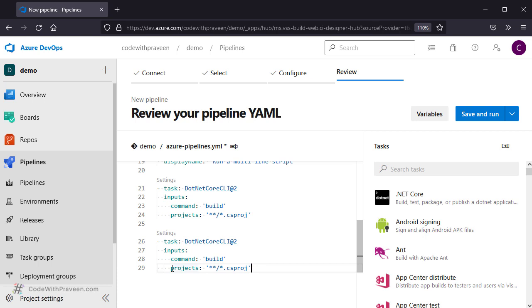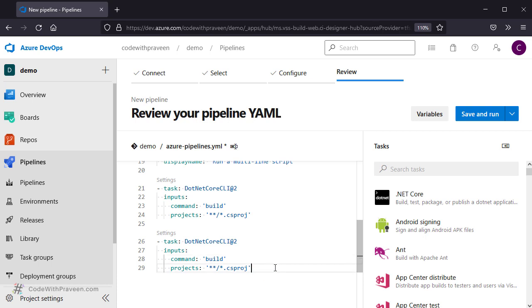Care to note again how Azure DevOps is using the indentation to define the structure of this YAML. Here, if you notice, it is using two spaces to define the structure. When you want to create a new indentation, then you need to use two spaces, or you can use the tab in Azure DevOps. This tool is going to convert the tab into two spaces.